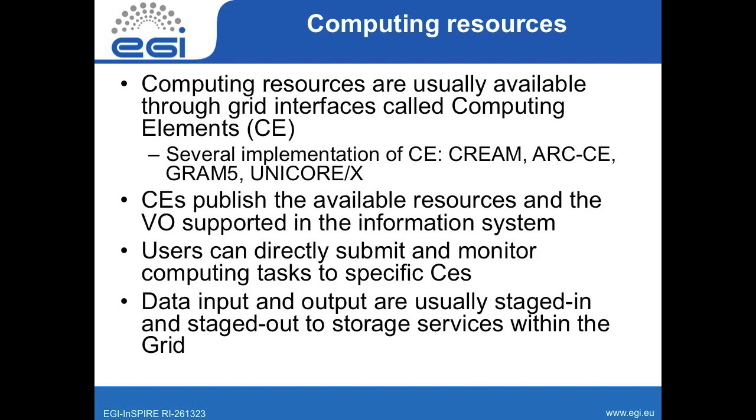Users can directly submit to the computing element, so they can choose a site from the information system that they like because they know that they already have the data there, for example, or they have been happy with the services provided by that site. They can submit their jobs, their computing tasks, and monitor their status and get the output when they are done. Usually data input and output are staged in and staged out to grid storage services, the storage services that I described before,